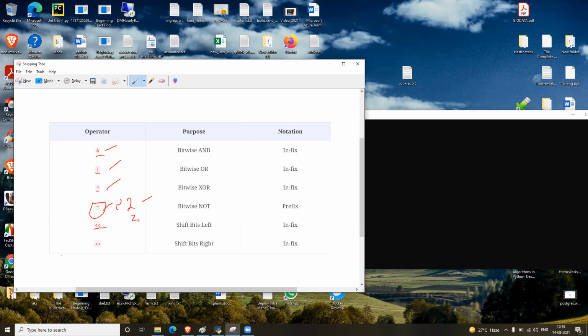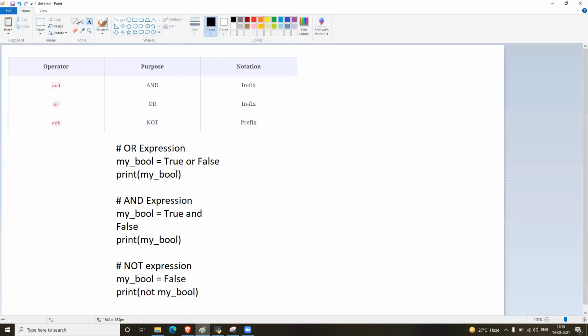There is one more variation of this AND and OR, which is called logical AND, OR and NOT. Those will be specified with these keywords. These operations are done mostly on Boolean values. So generally, if you want to combine multiple conditions and calculate the result based on the values true or false, we will apply this logical AND or OR.